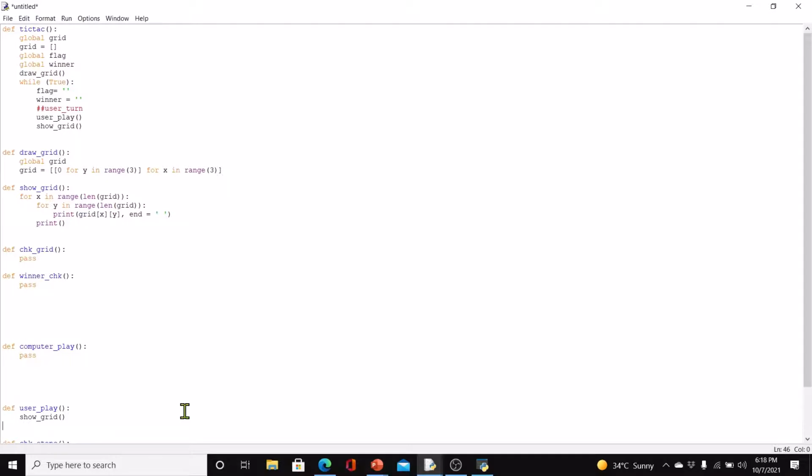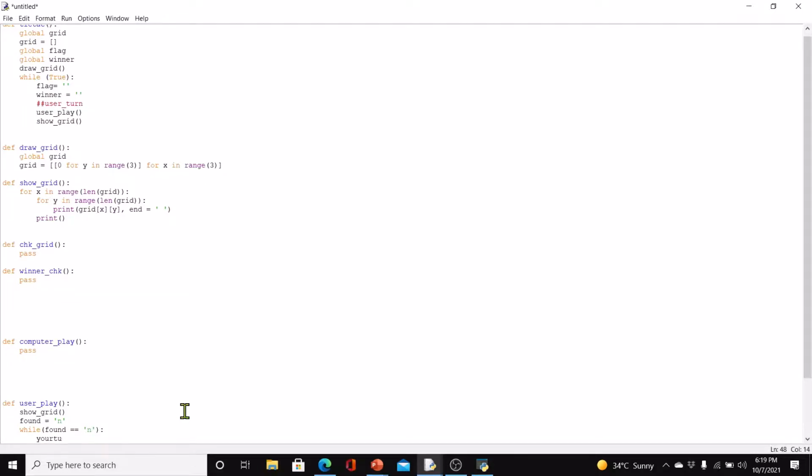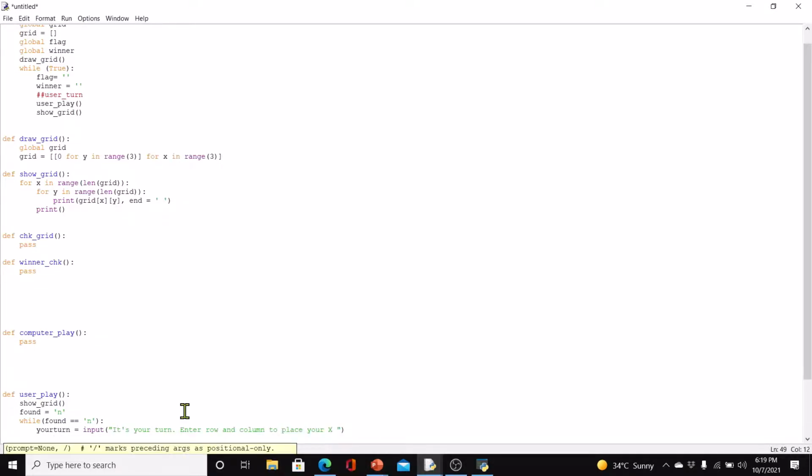You have a kind of a variable here, found equal to n, and then we say while found is equal to n. Then we can say your turn equal to input. We need to have a variable here. Why? Because remember, what is going to come in is going to be a string type,